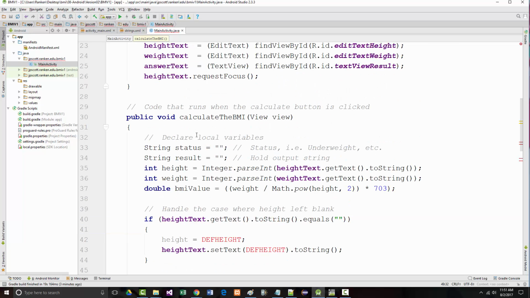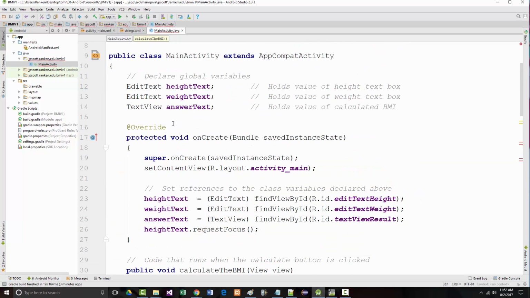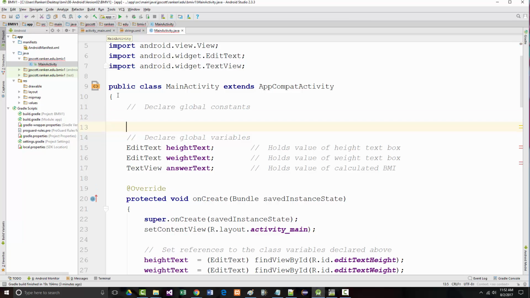All right, so let's put back in, let's declare the global constants, since I would prefer them global. That's actually considered an okay policy. So there were our global variables. I always do my constants before my variables. Not everybody does that, but I believe most do. So final int min height equals, and that's going to be 12, and that's the minimum